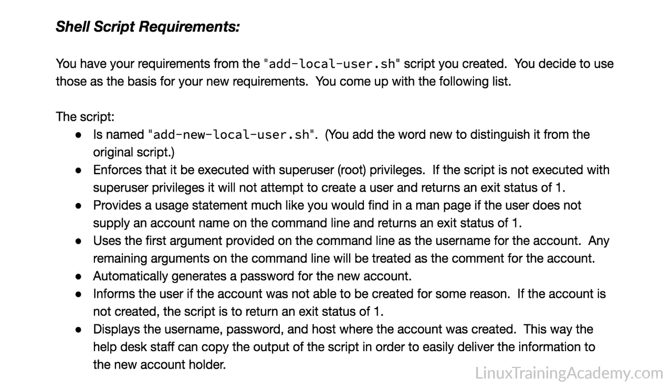So again, you go back to thinking about the requirements, what this script should do. And a lot of these requirements are going to be exactly the same as you had in the first exercise. The first thing that's a little bit different is that you're going to name the script something else just to distinguish it from the previous script so that they know they're running the new script and not the old script. So you decide to call this script